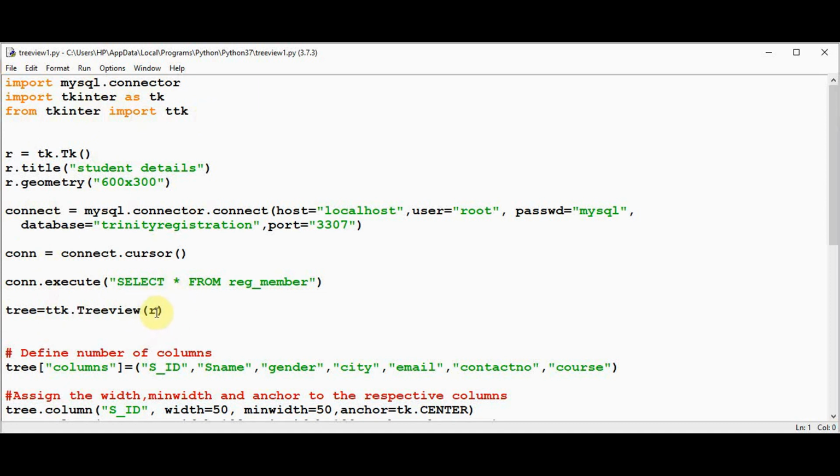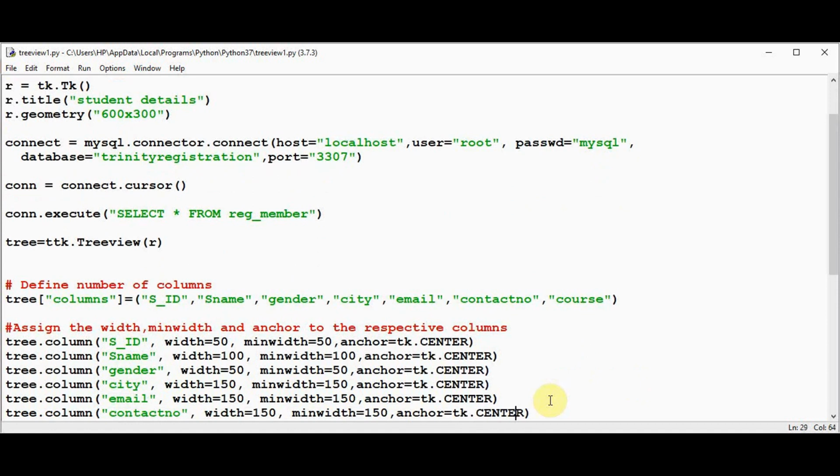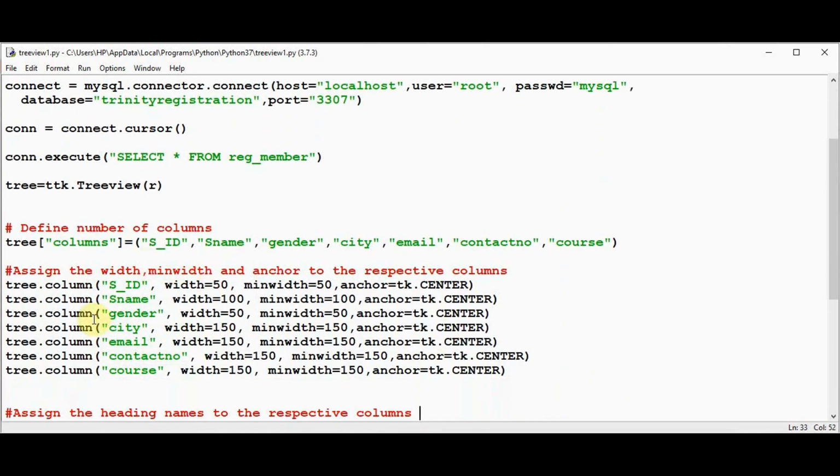It takes one more argument, that is the columns, which I have mentioned separately as tree of columns. It must be a tuple with the column names specified by the user, so you can have your own names for the columns. After doing that, for each and every column, we are going to assign the width, minimum width and anchor. The width of a column can be specified in pixels.